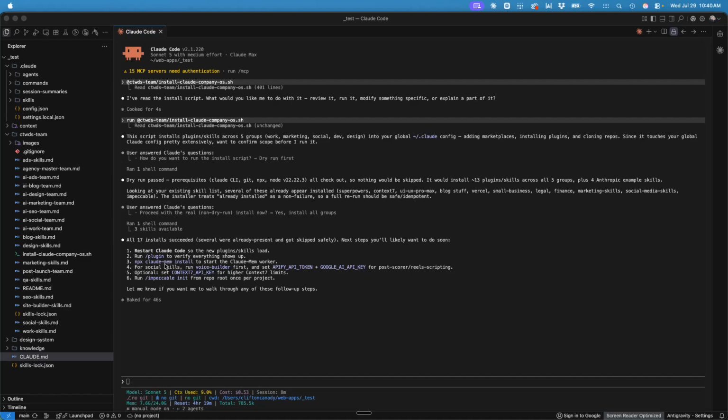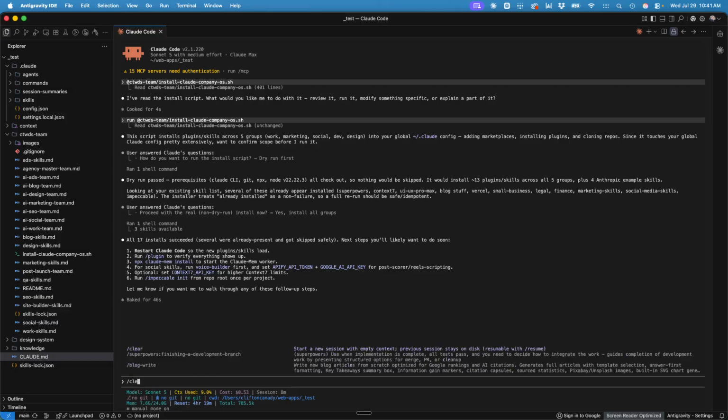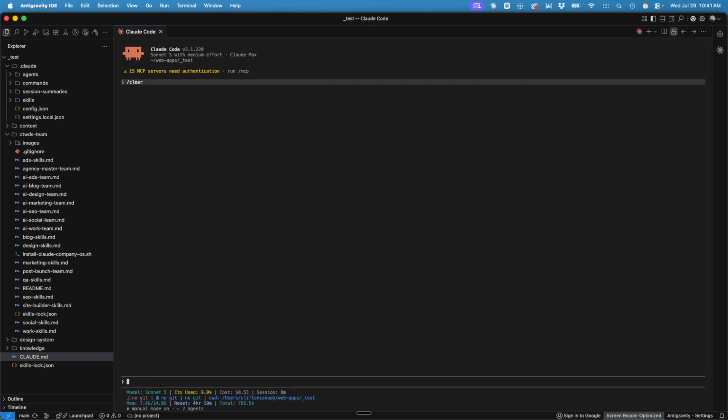Then you just run the process to install everything, and it'll actually show you how to install it. But I'm not gonna continue that process because it's really easy. We're gonna skip to the next stage in the process, and that is actually using one of the skills. So I'm going to clear my context window, and in this example, let's just say you need to write